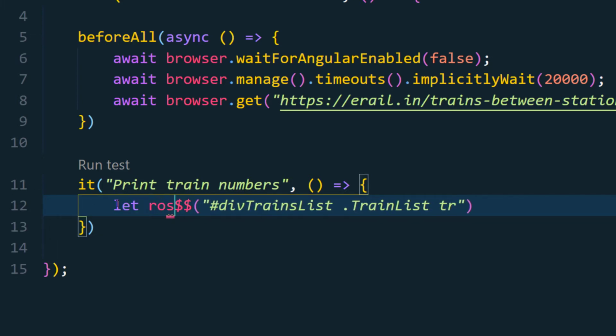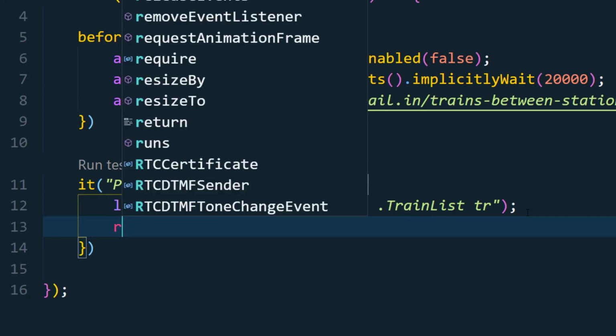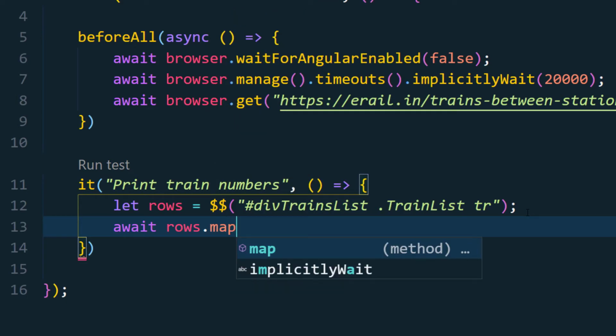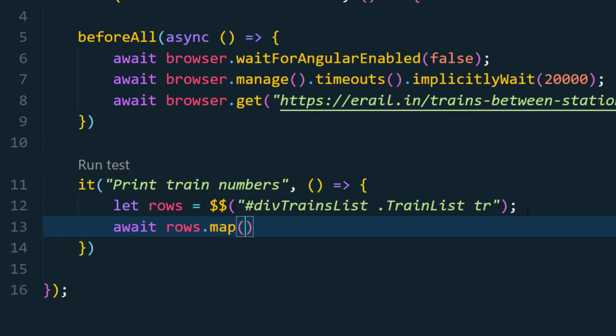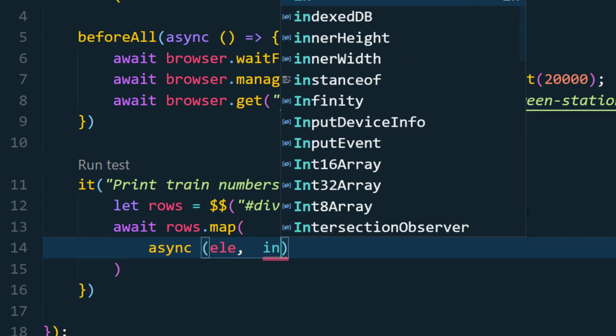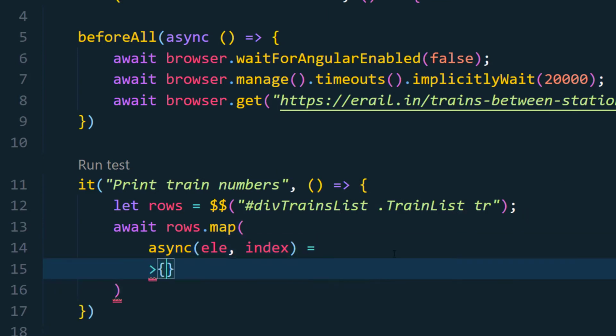So let rows, and from the rows we are going to map through each and every element. So for that, of course I have to use this rows. Before that, await and then rows, followed by the function called map. Now this map function is going to accept a callback that should have element and index, and of course you know index is optional. So here I'm going to say async first. Of course we need async, and within this I'm going to say element, so one element at a time, and this is going to give us index, right? So easy, right? Now here we are going to use this arrow syntax,